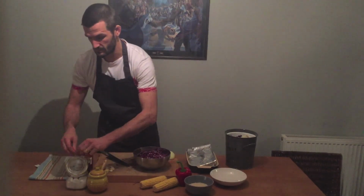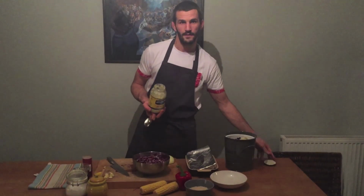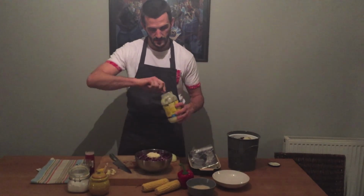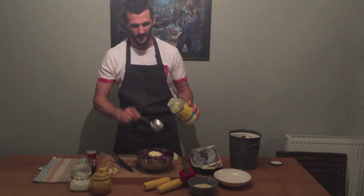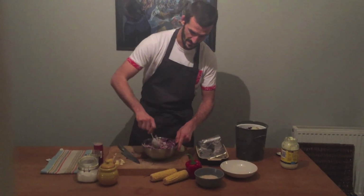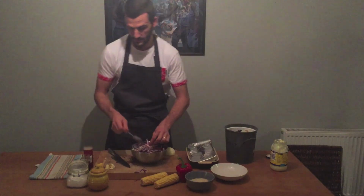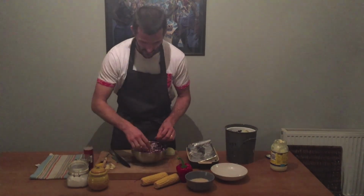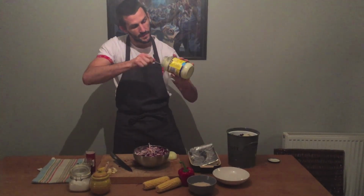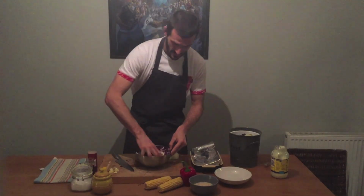So to that we're going to add a nice big pinch of salt. Okay, so to that we're going to add 2 big tablespoons of full fat mayonnaise. Don't buy the light stuff, that's no good for anyone. So anyway, we're gonna mix this up. Might actually be easier to get in there with my hands rather than try and mess around with that little spoon. So, in fact, we're gonna put another spoon in there. So it's gonna be 3 big spoons of mayonnaise in there. There we go. Gonna get in there, give that a good mix,